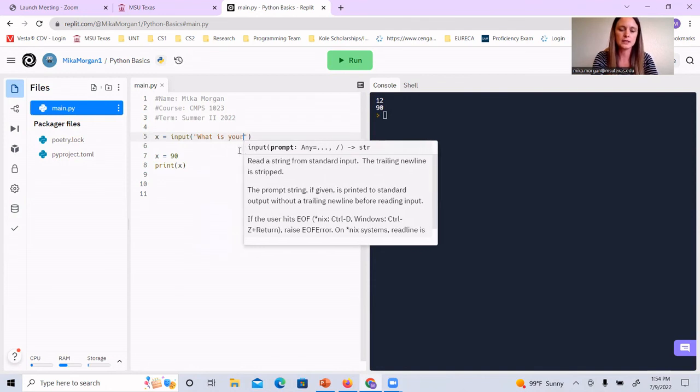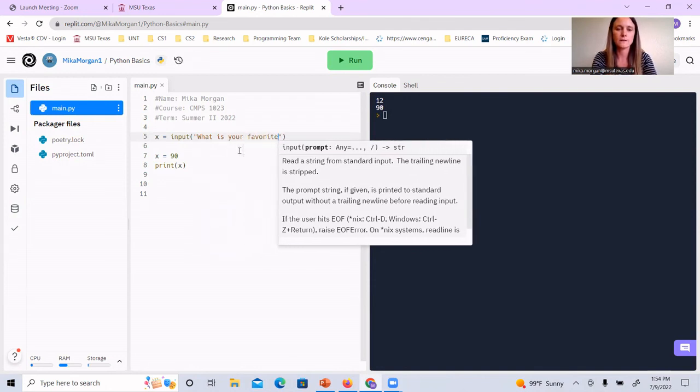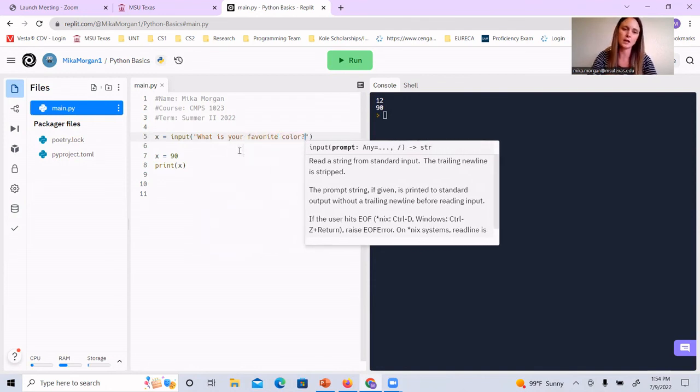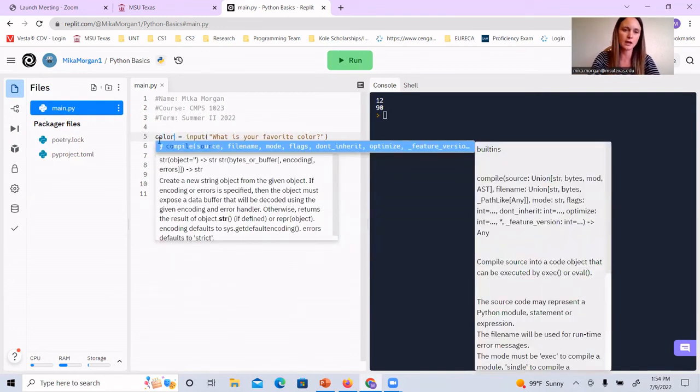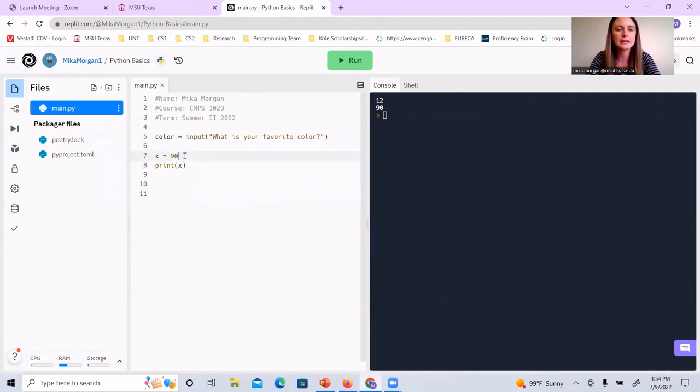What is your favorite color? And we're going to store it in color. And then what do I want to do with that information? I am going to print out the literal exact words, "I like the color"